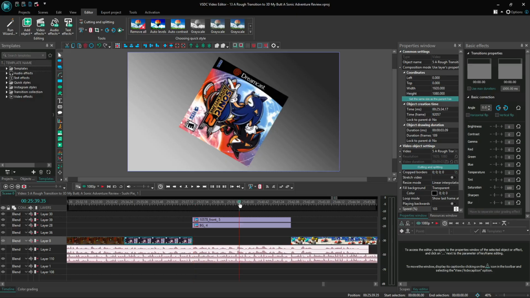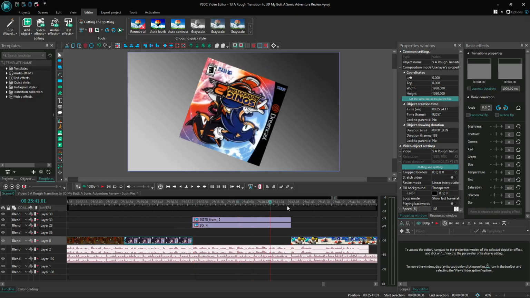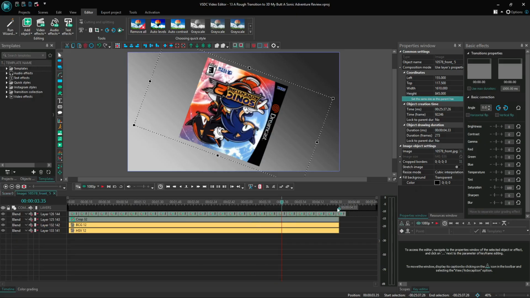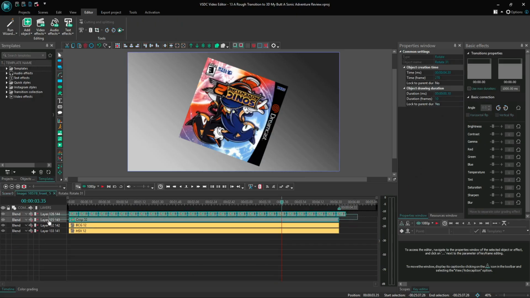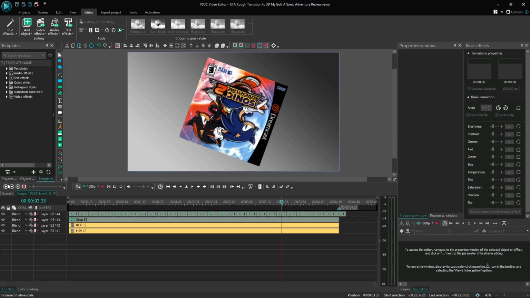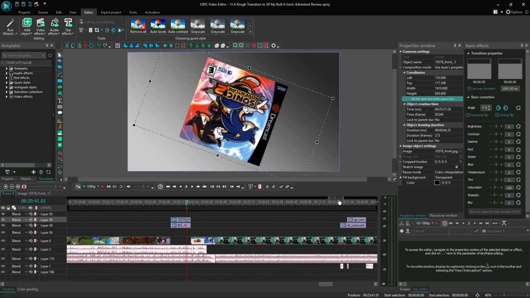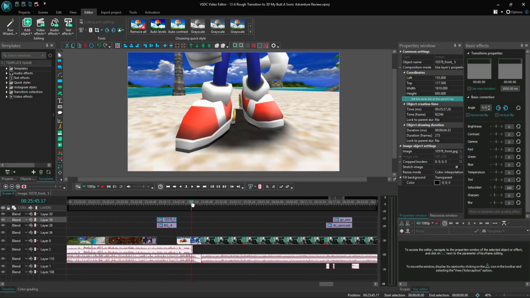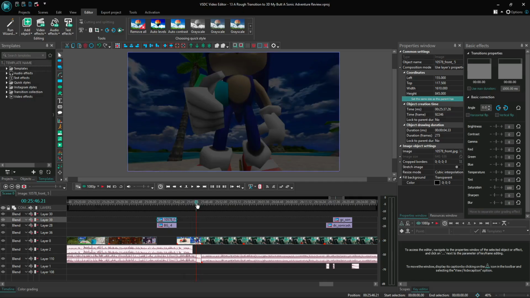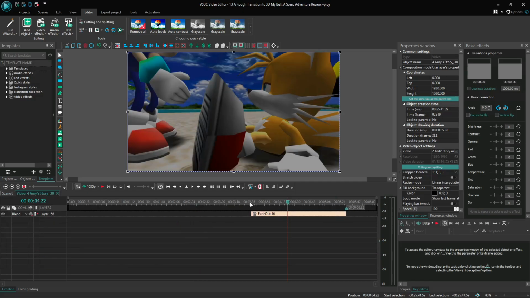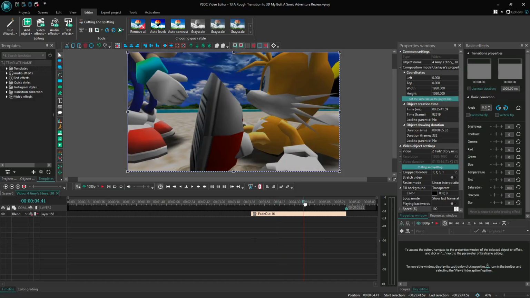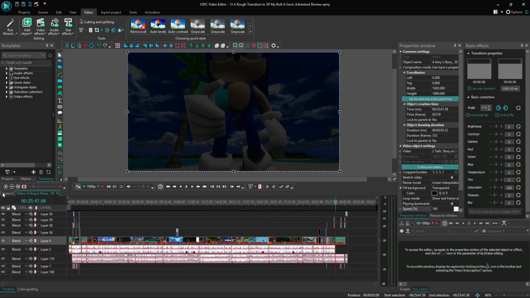And then this is just the same Sonic Adventure 2 box art, but being spun really fast. What I did for that was just copy-paste the rotate really fast a bunch of times. Not too crazy right there. And then a nice little fade out right there. This was just a slow fade out because this was the end of the review portion